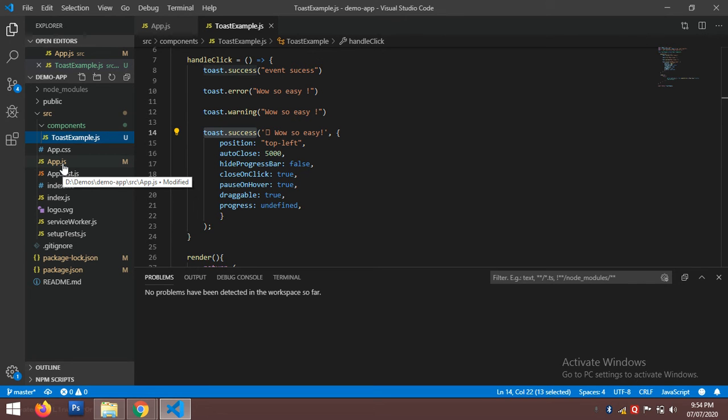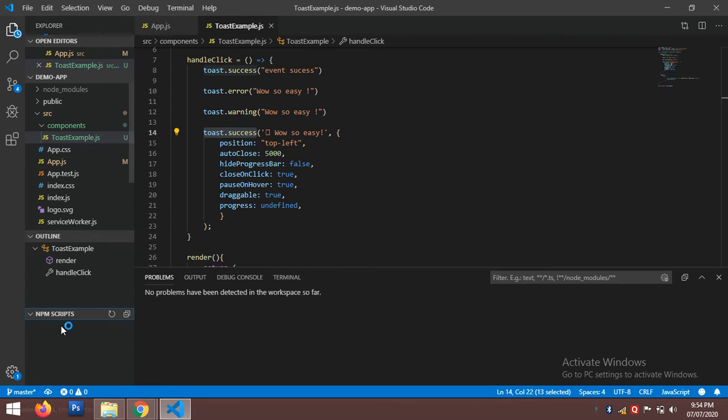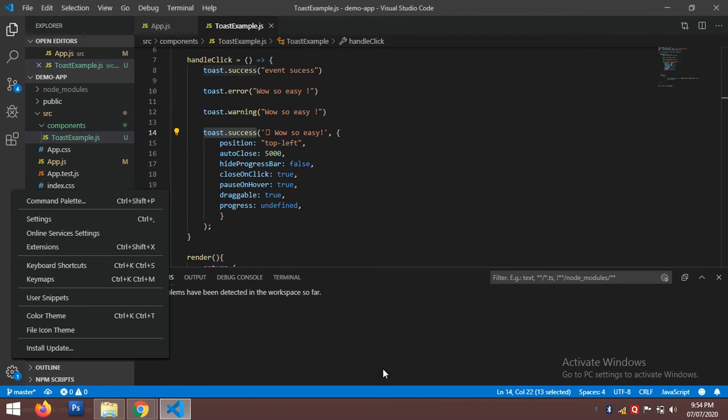This is another, the files explorer, from where you can see the files. Then these are two tabs you can see at the bottom, that will show you the outline and npm scripts which are there in the directory which you imported in the editor. Okay, then this is the option to do various settings for the editor.